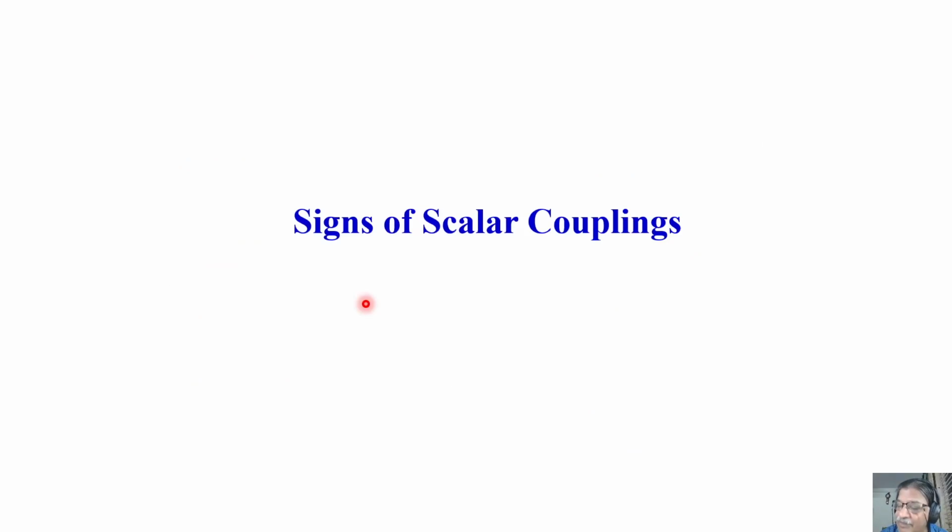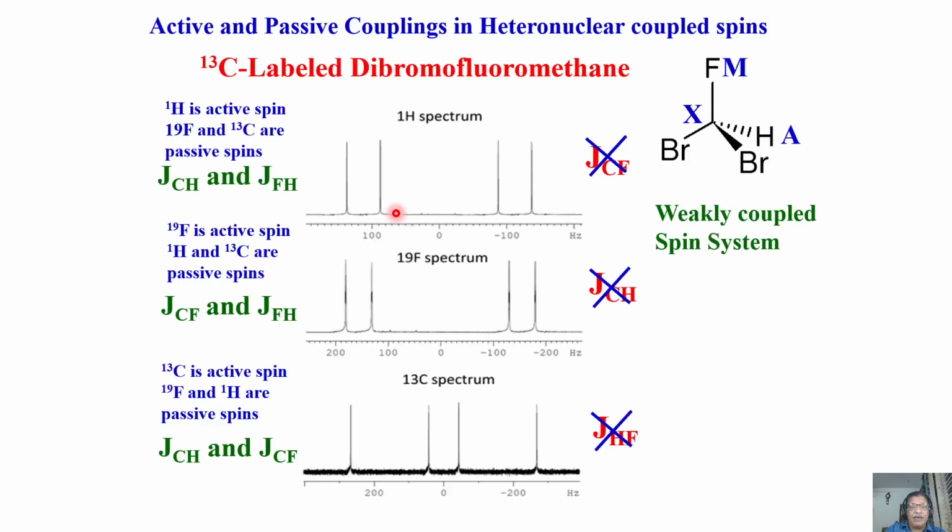Now I want to tell you something about what is called the sign of the couplings. Remember, when I was discussing the salient features of scalar couplings, I did mention to you that the scalar coupling can be positive, it can be negative, or the value can be 0. When you measure this, for example, you go back here, you measure the separation. This is a coupling. I say it is 20 hertz. But what is 20? 20 is a number. Is it plus 20 or minus 20? That question can be asked.